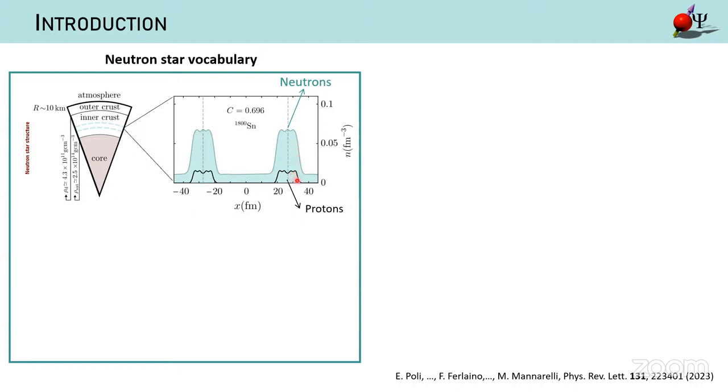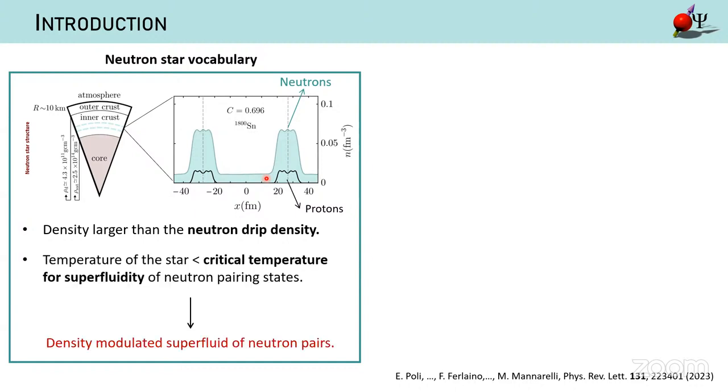And in black, you can see the proton distribution. But for the neutrons, the situation is different. Indeed, the density of the star in this inner crust region is larger than the neutron drip density. And this means that for the neutrons, it's energetically favorable to drip out of the nuclei and create this kind of neutron sea that connects the density peaks. And additionally, the temperature of the star is lower than the critical temperature for superfluidity of the neutron pairing state. And so in the end, we end up having what in the neutron star vocabulary is called the density modulated